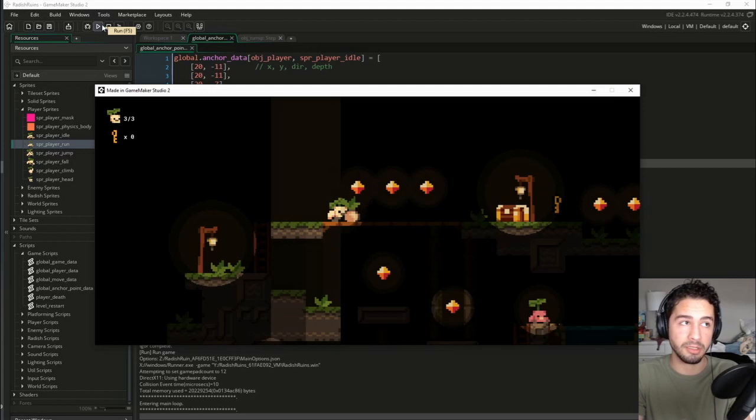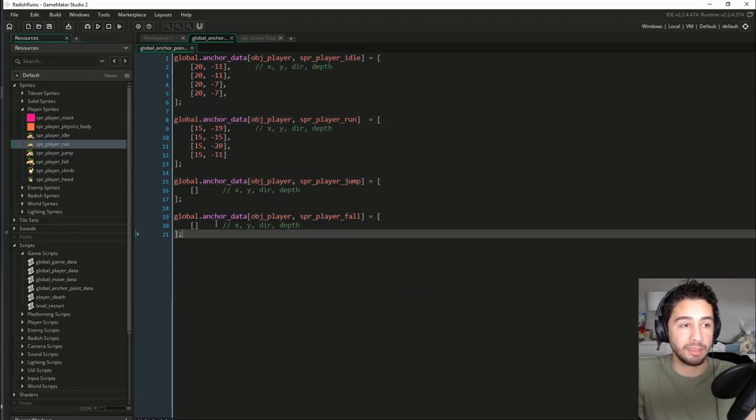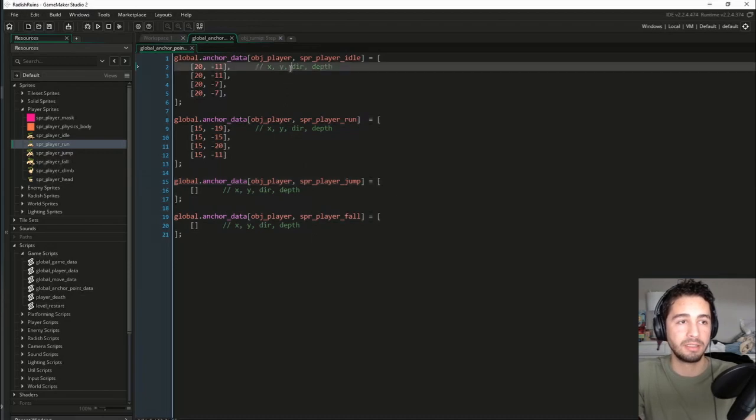That's the coolest part of this whole implementation, is that we don't have to add any extra code once we add these new anchor points. The anchor points just take care of themselves. So I'm going to go ahead and leave that as it is. I'm going to quickly grab the values for these other two sprites, and then we're going to move on to implementing depth